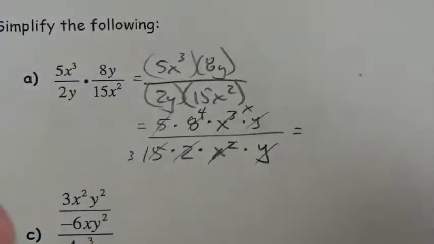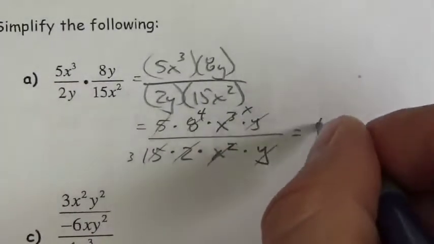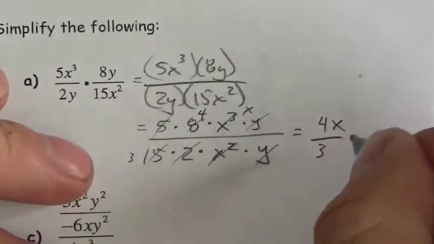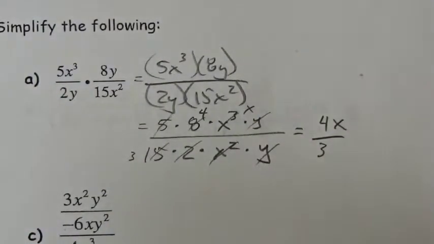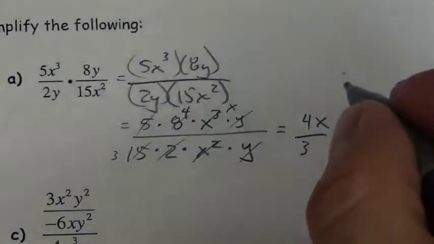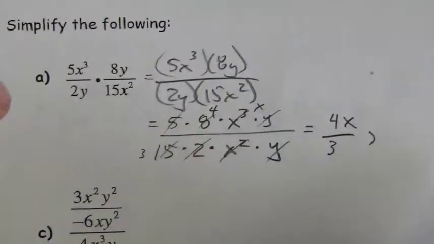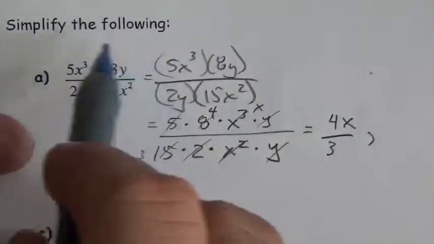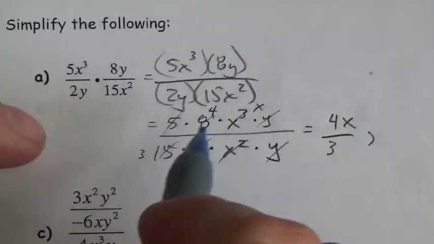Y divided by y is just going to be 1. So I'm going to be left with 4x divided by, what am I left with? 3. That's the only thing that survived in the denominator. So 4x over 3. Okay, good. Now, in order to make this a true statement, though, because this statement is not 100% equal to this one, there are some differences here,